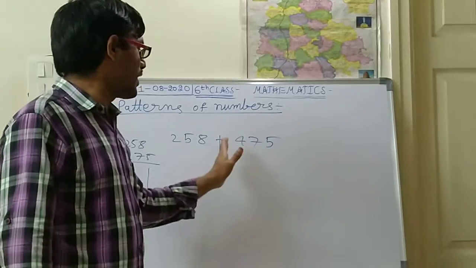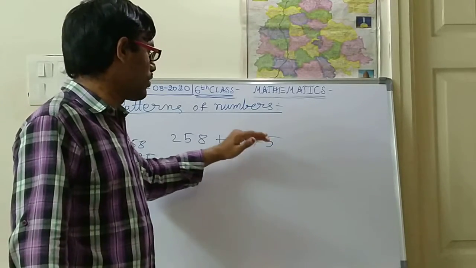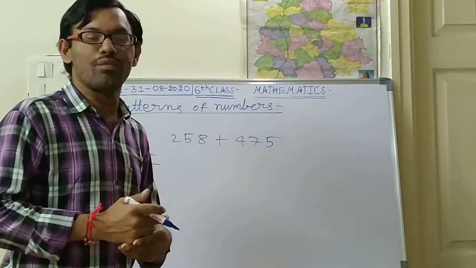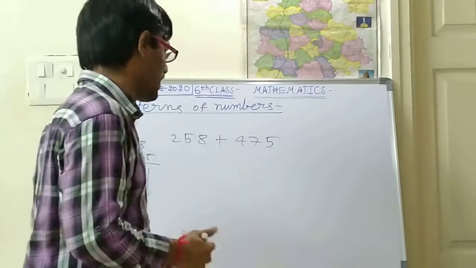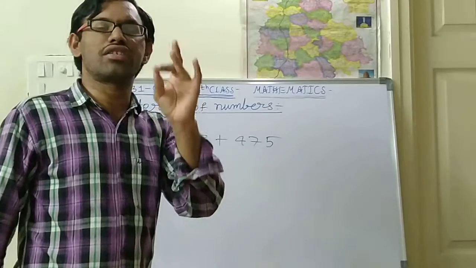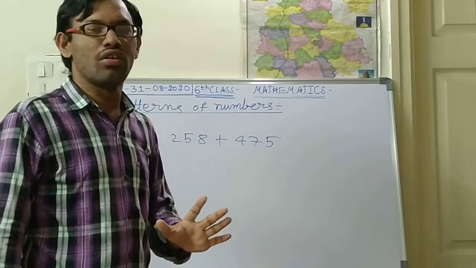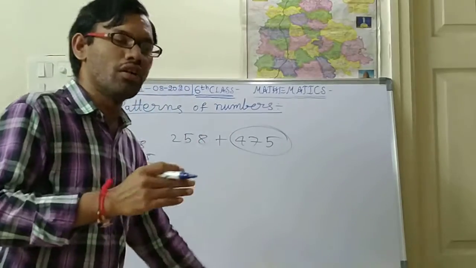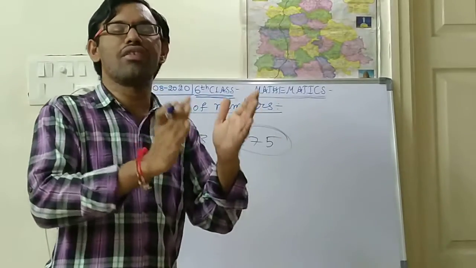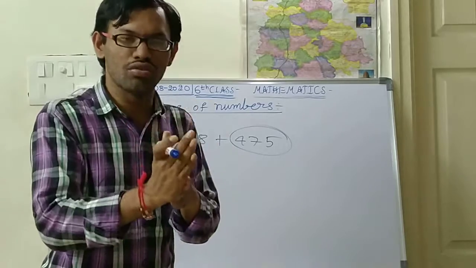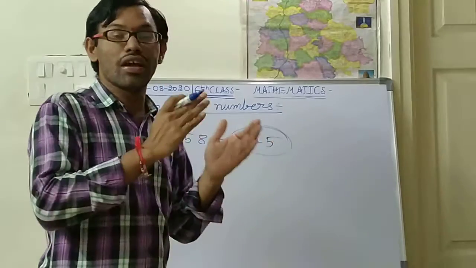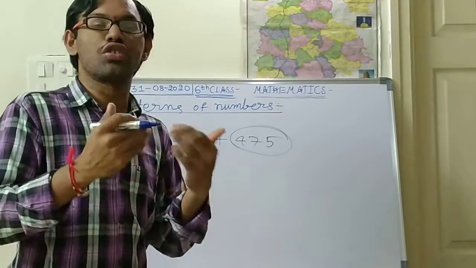You have to convert any one number into the easiest form. Easiest form means just taking the tens or hundreds or thousands or 10,000s or anything. Convert any one number into the multiples of hundreds or tens or thousands or 10,000s or any other thing, so that you can easily find the solution.